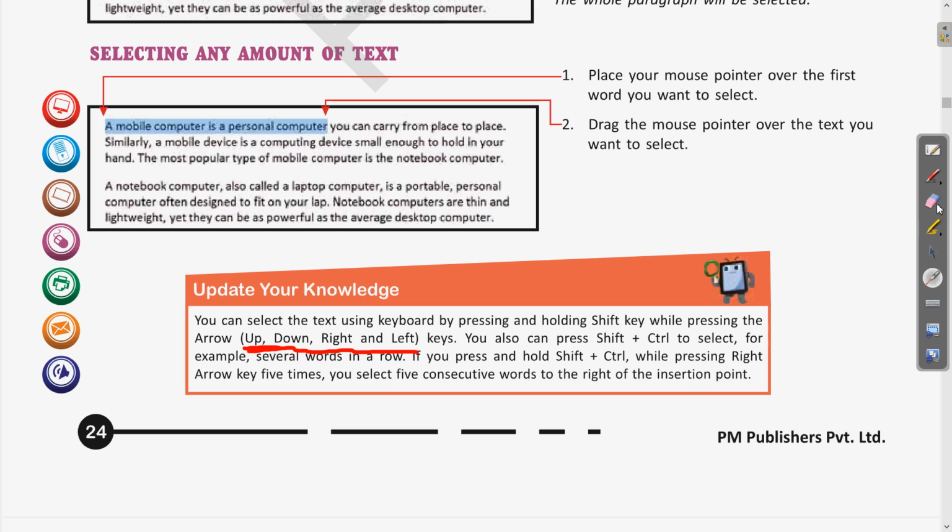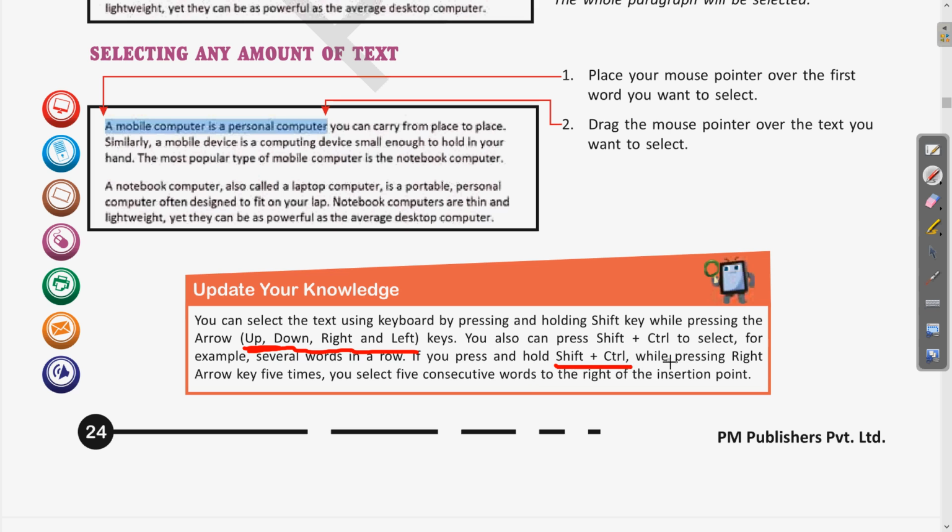Is it clear? What we have to do, if we have to select more than one word, is press shift plus control and then the right arrow key 5 times, so 5 words will be selected, means it keeps on increasing.